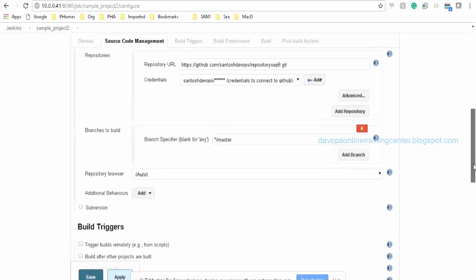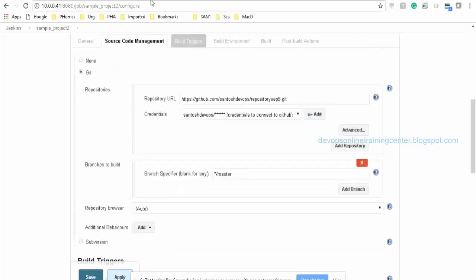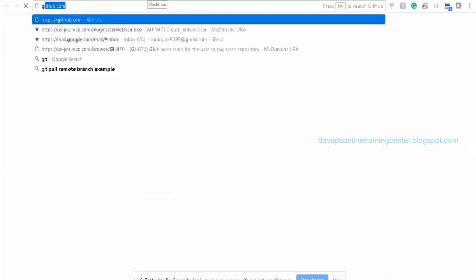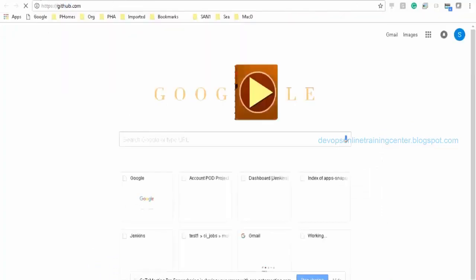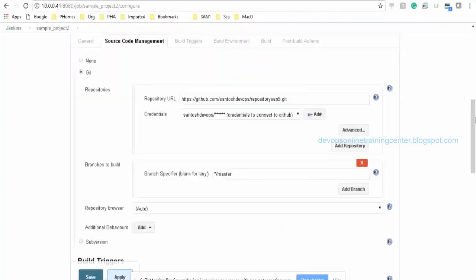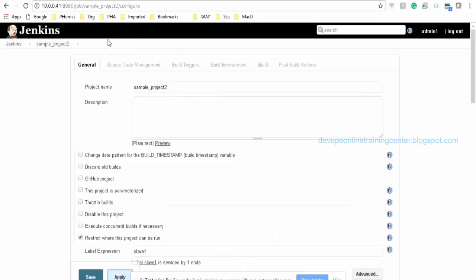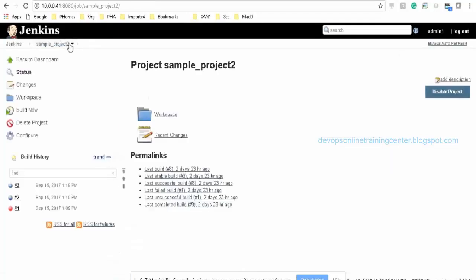I think we have seen that. This is the one where I have given my GitHub repository. You mean a build job? Yes, the build will be triggered, right? The build under this project will be started, and there is a new build, that is 4. So if I change something here, it immediately starts the 4th build, right? That is what I mean by changing.